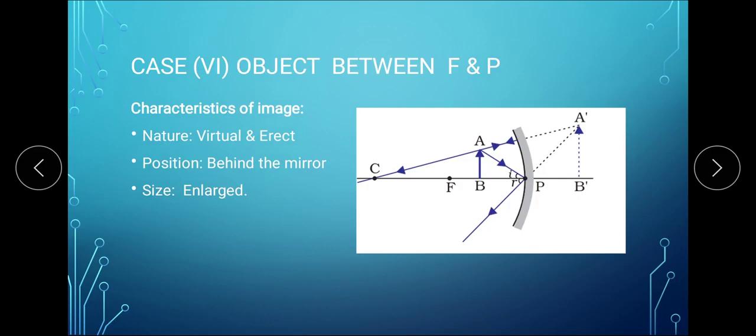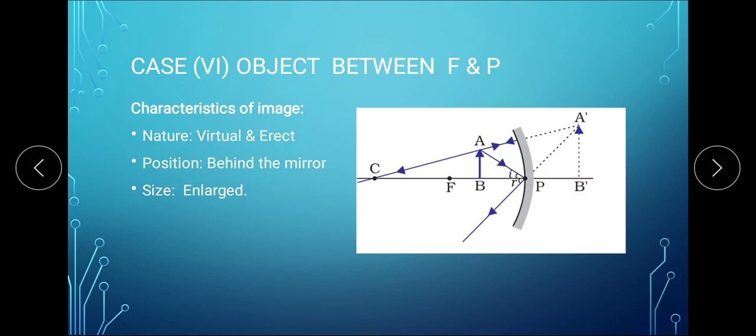They will appear to meet. Actually they do not meet, but it will appear that they are meeting. Right, because they reflect and come back in the same medium, but they will appear to meet at a point behind the mirror, that is A dash. So this A dash B dash will be your image which is formed behind the mirror. Since the rays are actually not meeting, they appear to meet. Therefore, I have drawn dotted lines to show that the image is virtual.